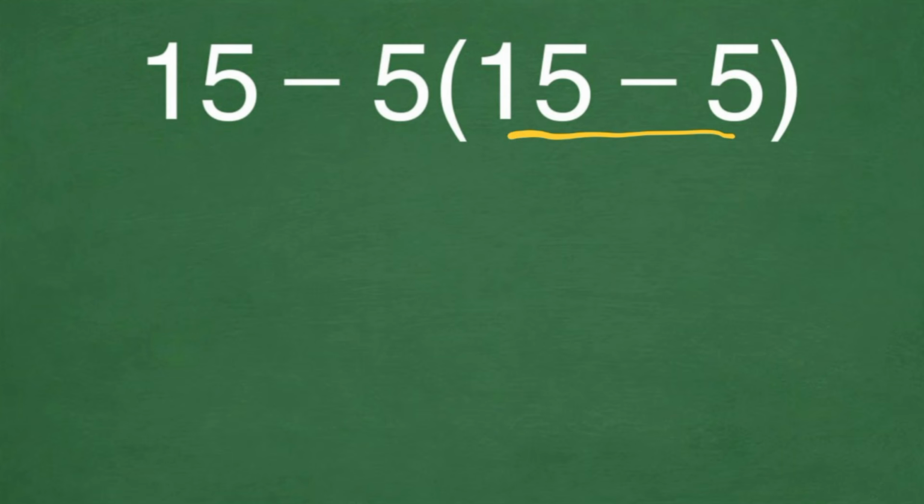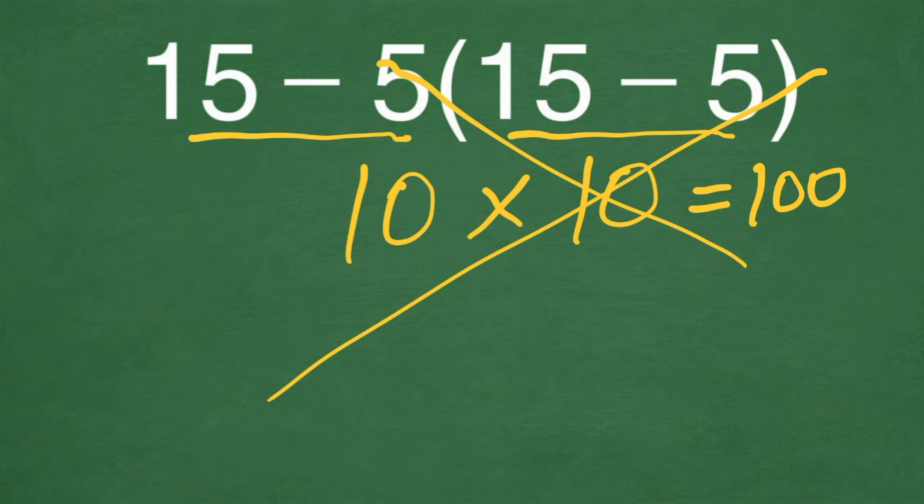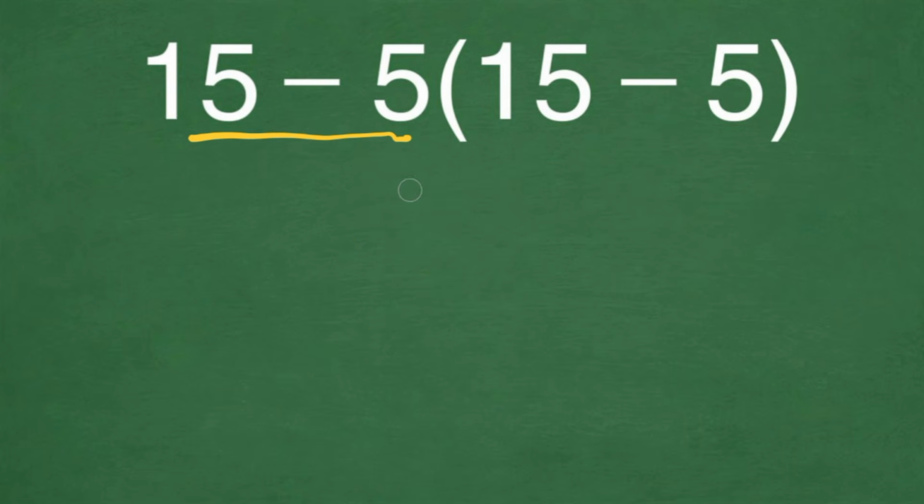15 minus 5 gives us 10. And again, 15 minus 5 gives us 10. And 10 times 10 is equal to 100. But this answer is not correct, because according to the order of operation, PEMDAS or BODMAS, as most of you